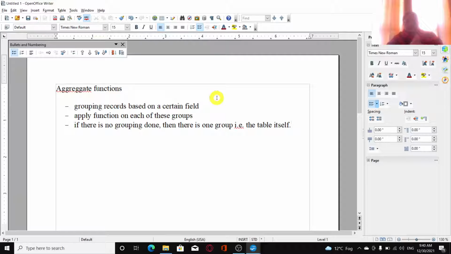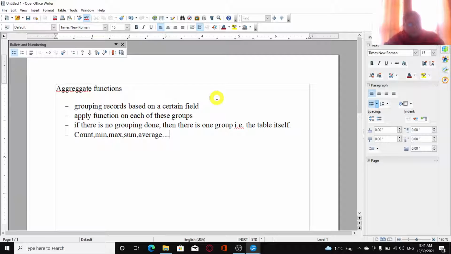That is, if you are not grouping the records based on any particular field, then there is only one group, and that is the whole table, which consists of all the records. So you can apply these aggregate functions on the entire table or on groups of records. We have some aggregate functions like count, min, max, sum, average, etc., which we can apply on groups of records in a table or the entire table.